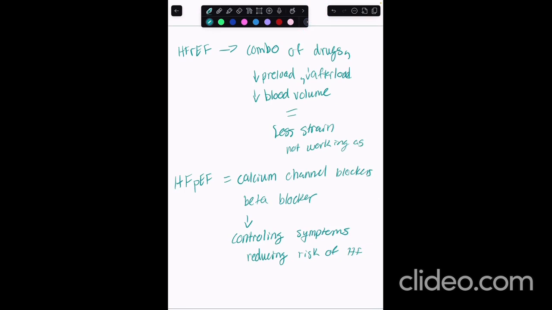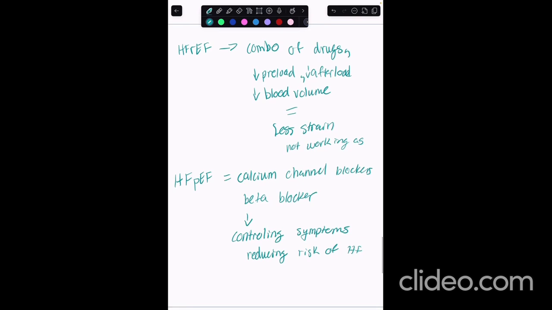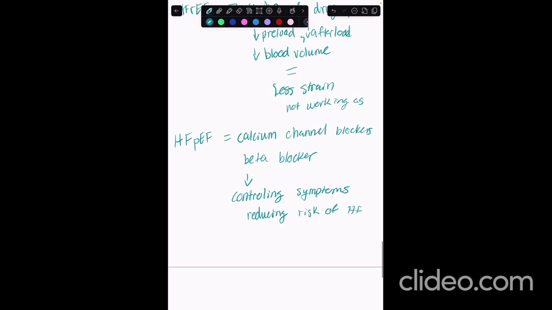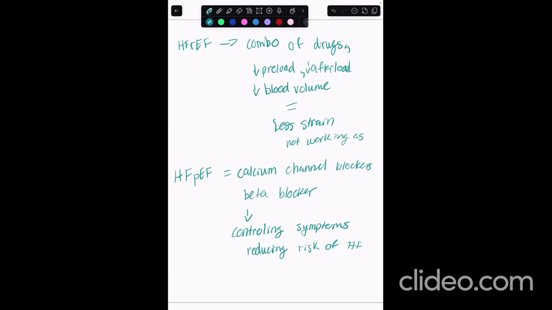Unfortunately, HFrEF and HFpEF are irreversible, but people can be prevented from going into heart failure, or the causes can be slowed down. Someone with HFrEF can use a combination of drugs to help bring down those three elements, and somebody with HFpEF can use calcium channel blockers and beta blockers to help control those symptoms and reduce the risk of heart failure, which again, to review, is